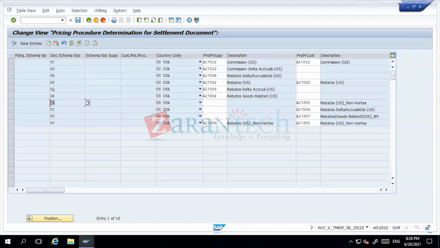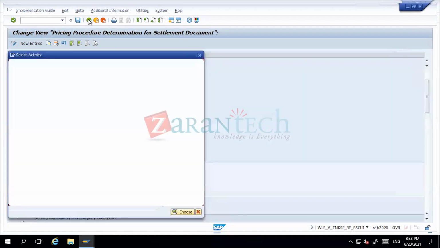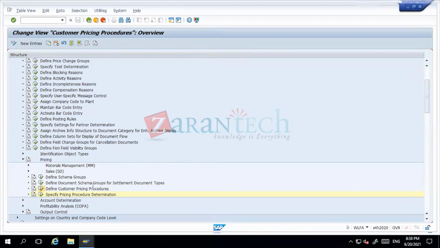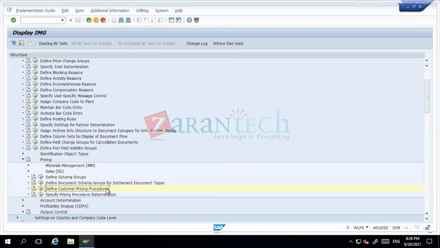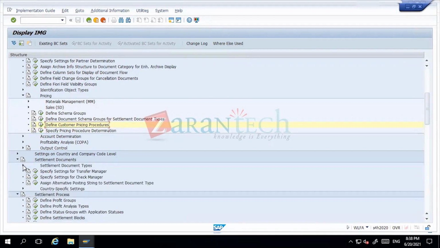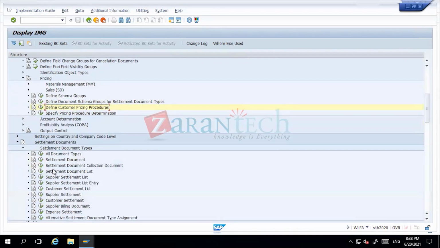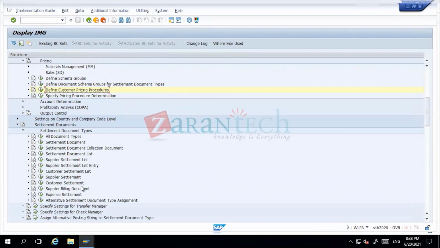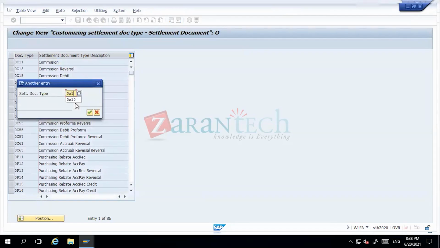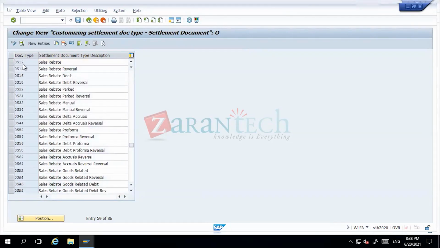So how do I know this document schema group is my OS? The document schema group needs to be OS. Nowhere have we defined it in the system. We have never seen a document schema group OS. That is defined under my settlement document. When I see my settlement document, I specifically do my settlement document types. So you have a settlement document. What is going to be my settlement document is 0S12. Under this 0S12,